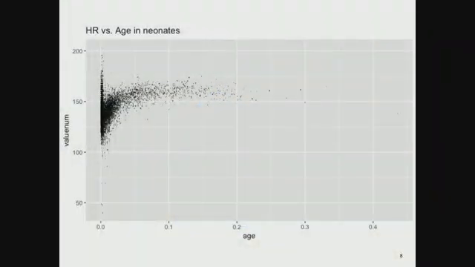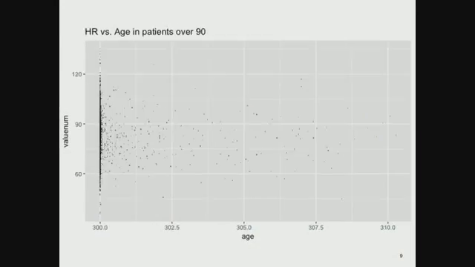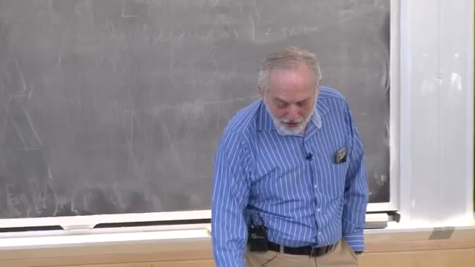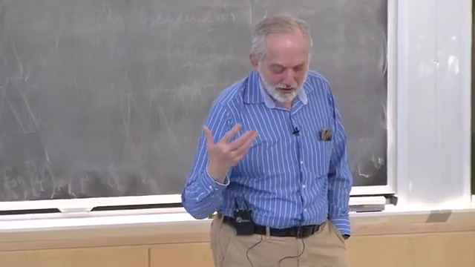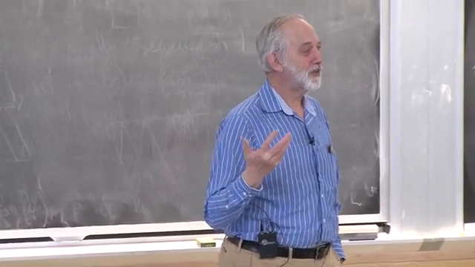Okay, and then this is what the babies look like, and of course they do have higher heart rates. And here are the oldsters. So actually there are people out to 310 years old, because maybe they were discharged from the hospital and then at age 100 they came back. Maybe they were 90 years old at the time they were initially admitted. 10 years later they came back and we recorded more data about them, and so this is all relative to that 300. Okay, so that's just one example, and the lesson there is be careful when you look at data,